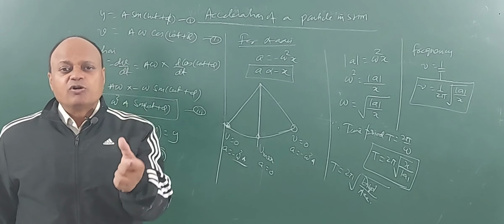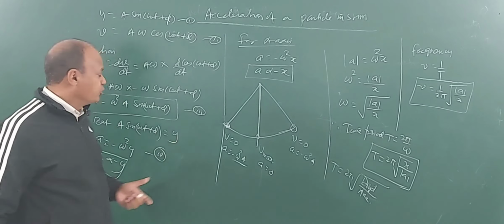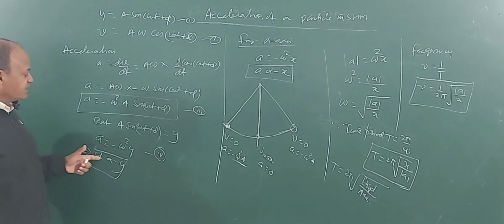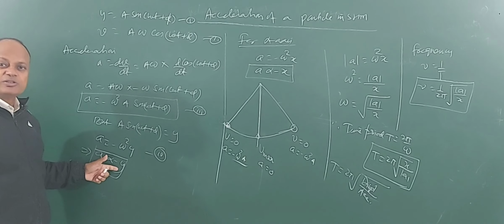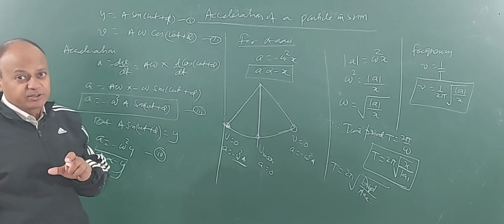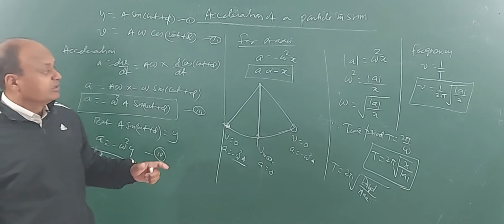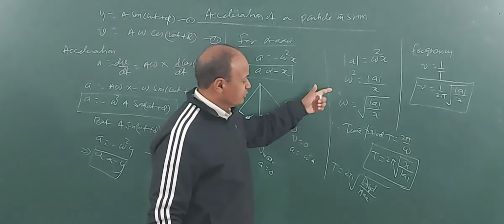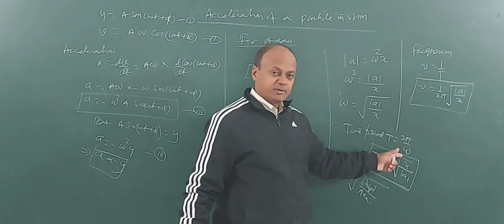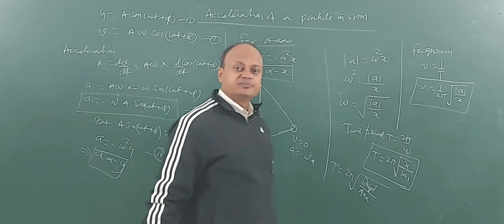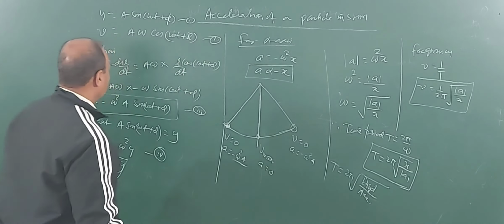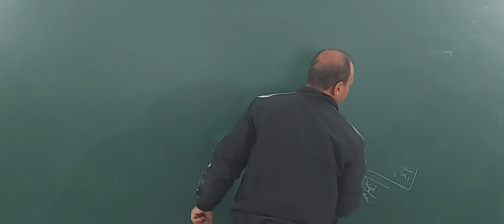to identify what is the restoring force, and then you are able to show that acceleration is directly proportional to displacement and opposite in direction. This is very important. Once you know, then you can calculate how much is omega. Once you know omega, then time period is 2 pi by omega, or you can directly use this formula. Okay. So let's see now.